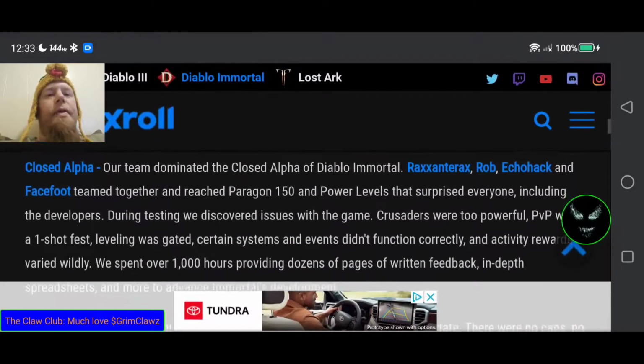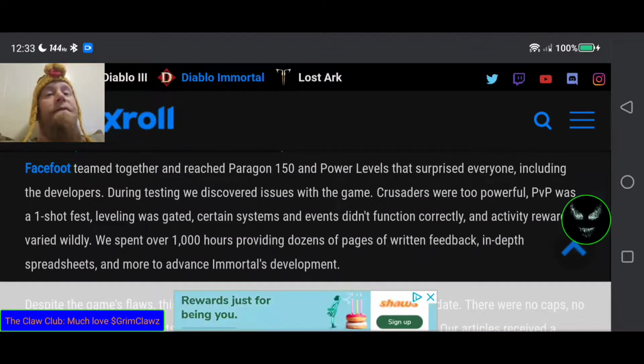EcoHack, and Facefoot teamed together and reached Paragon 150 power levels that surprised everyone, including the developers. I wonder why there is a kind of a time gate / experience debuffer on it now. You know, I think every day they add like 2 Paragon levels or something, and if you're that much above it, then your experience gets way knocked down. And if you're below it, your experience gets way put up. So,